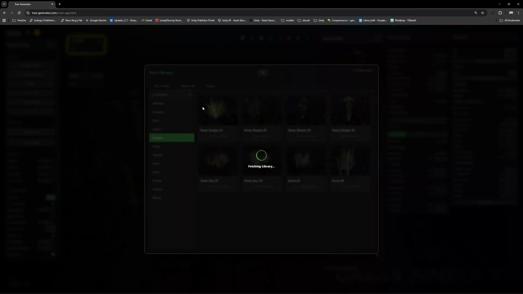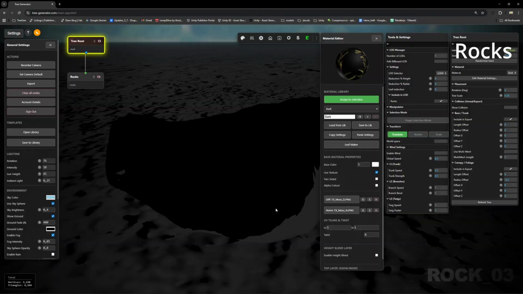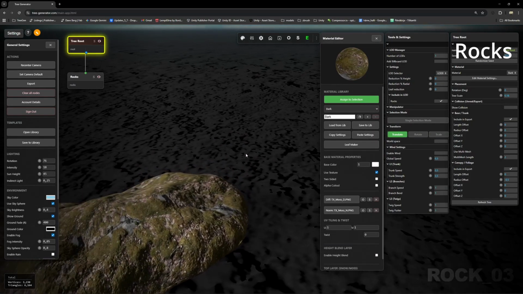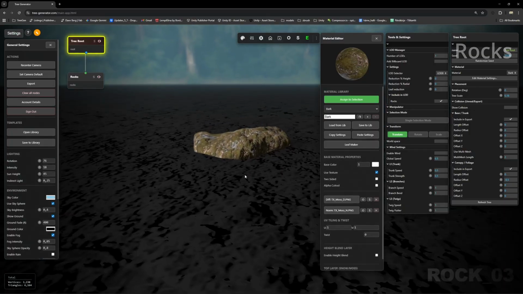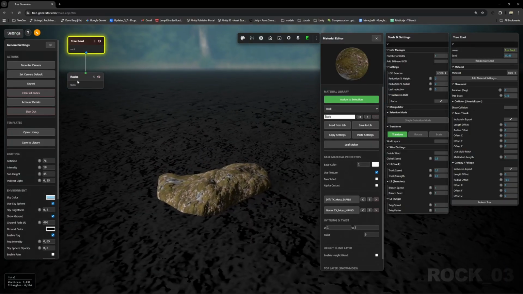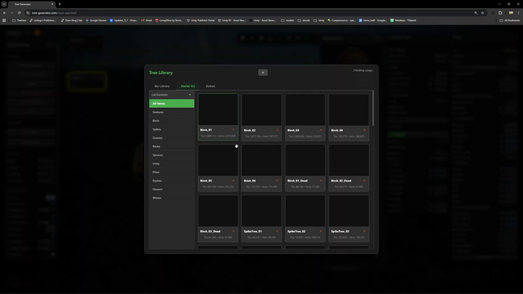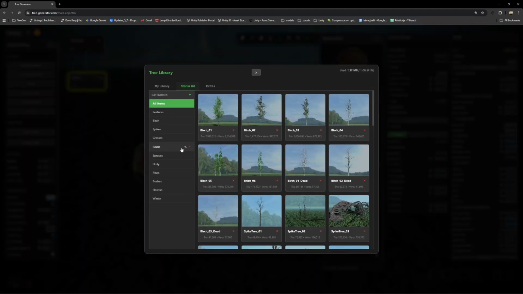Okay, let's move on with something like a couple of rocks. These are complete rocks with upside and downside. They're just underneath the ground. They are generated with the rock node here. Let's move on to